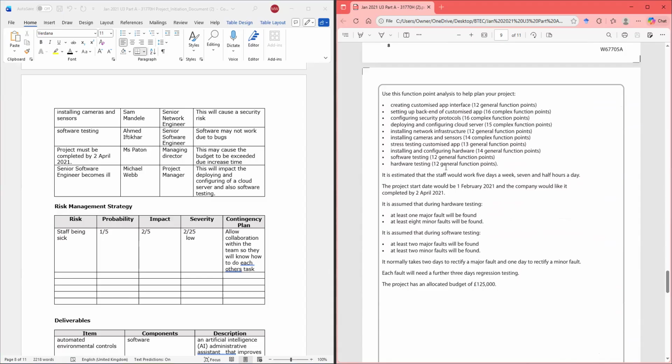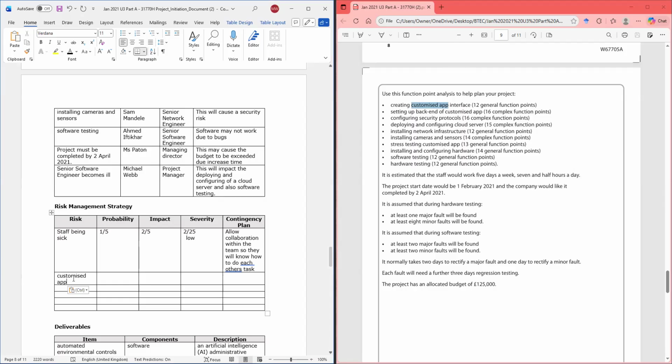Let us say customized app has bugs, because we're creating an app. So we're going to say customized app has bugs,